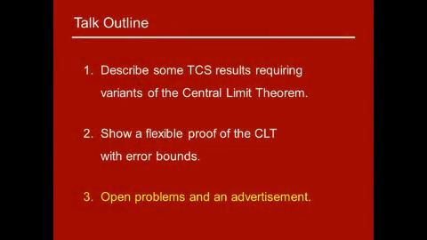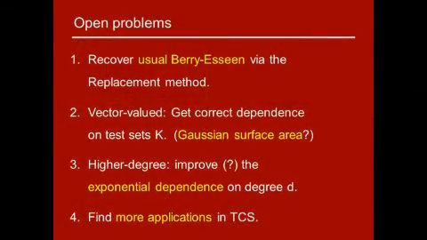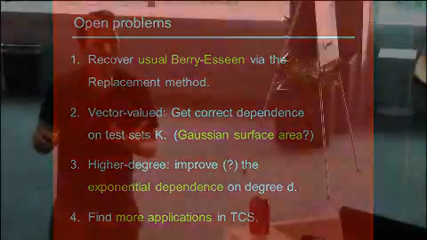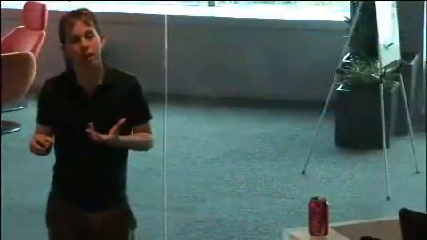Okay. So I just have 2 more slides. I threw out some open problems. One is, this replacement method, which I like, and it's quite simple. As I said, it gets you a variant of Berry Esseen, which is in some ways incomparable to the original version. I actually don't know how to get the original version without losing this power of 1/4. I would love to see it.